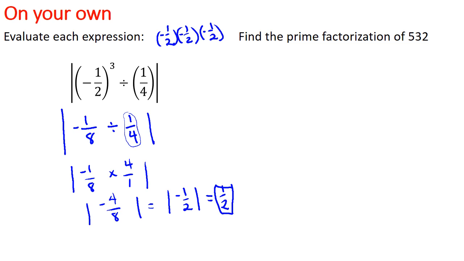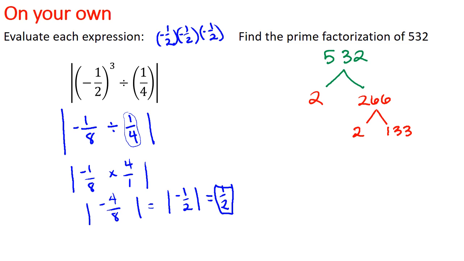Now, as I'm finding the prime factorization of 532, I'm going to start with 532 up here, and I need to figure out what numbers are going to evenly go into 532. So the quick and easy way to do this is say, okay, I know this number is even, so I know one of those factors is going to be 2. And so I'm going to take 532 and divide it by 2, and I'm going to end up with 266. Then I know 266 is also even, so I'm going to divide it by 2, and 266 divided by 2 is going to give me